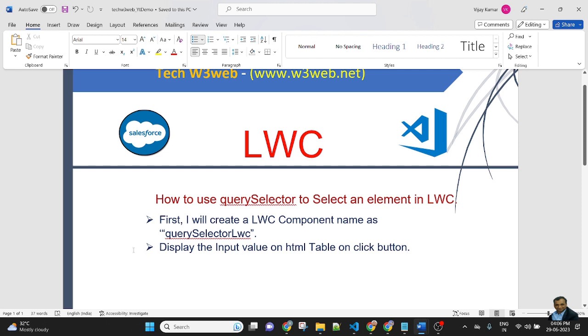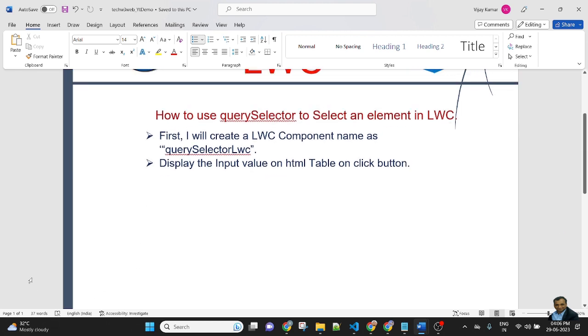First, we will create an LWC file. The file name will be query selector LWC, and here we will display the input value in an HTML table on click of a button.